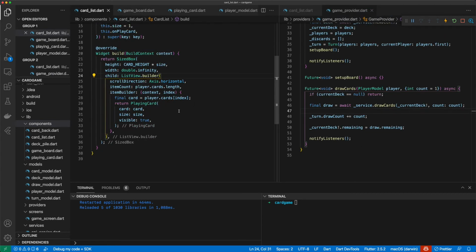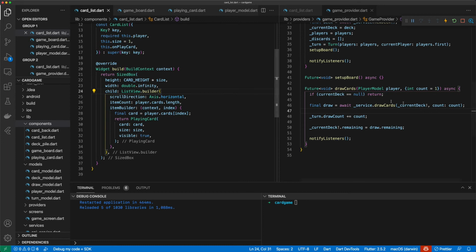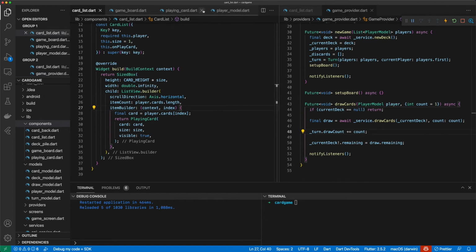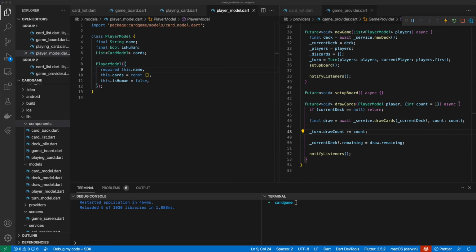All right, I realize we did miss a pretty important thing. In our game provider, we are drawing cards, but they're essentially just going to the abyss. We're not doing anything with the draw. So what we need to do is, when a draw happens, we know what the player is, and we need to add whatever cards get drawn to that player. So in our player model,